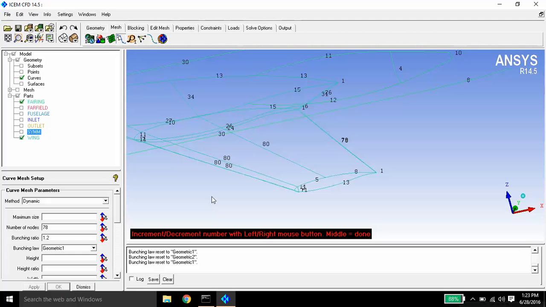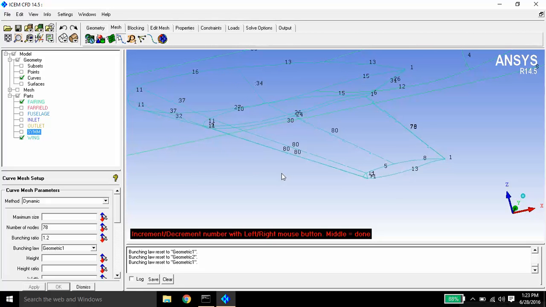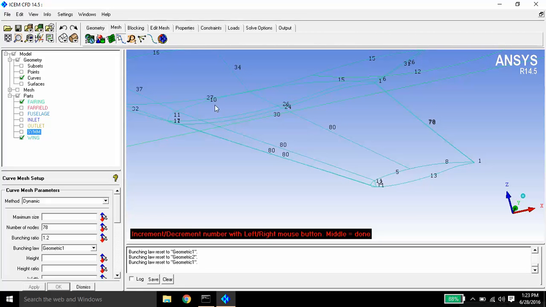Similarly along this spar also, so here it is 10, so make it 10 this side also. So here it is 15 and one shared node, so make it 15.